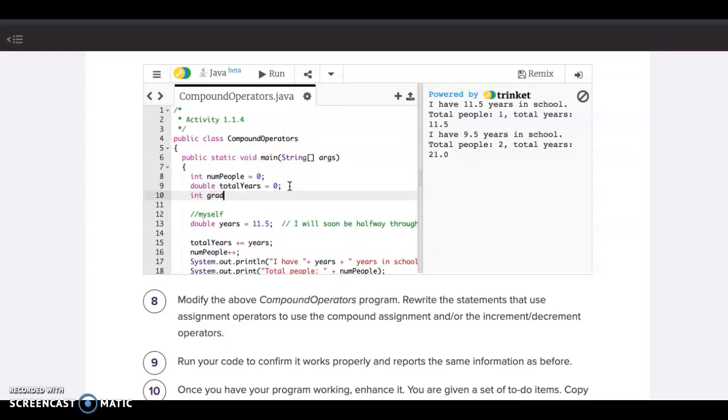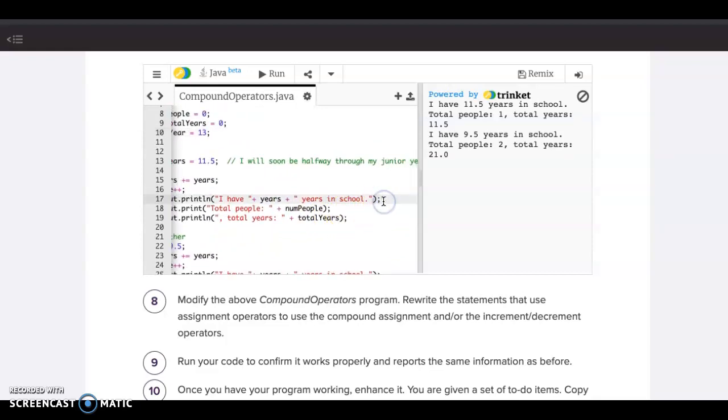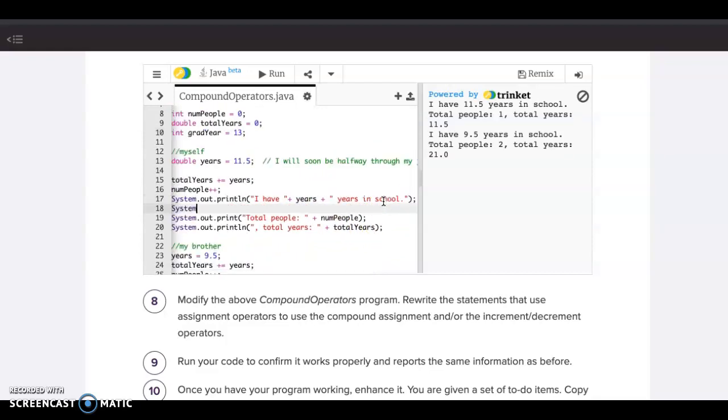Int grad year equals 13. And then in here, I should probably put a new line and say something like, I only have, say I put a space there, and then